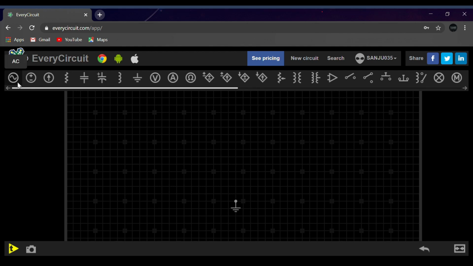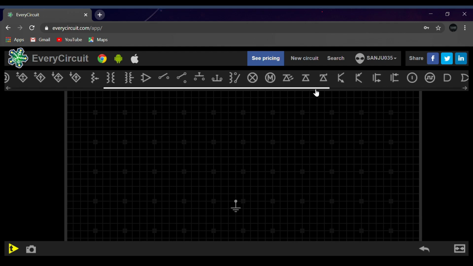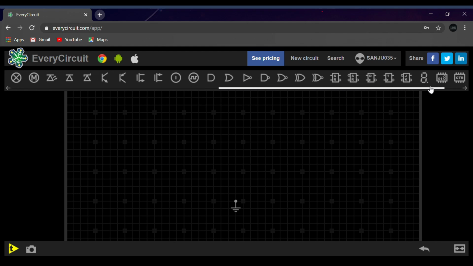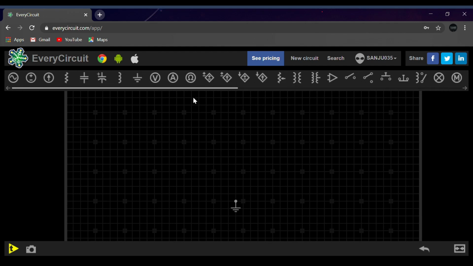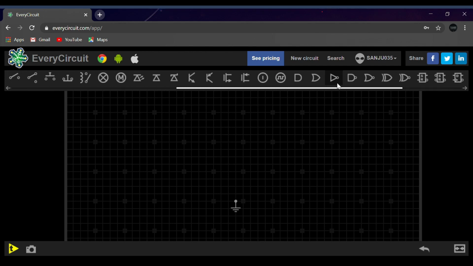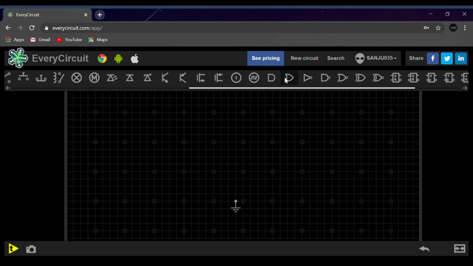We have different types of components to perform our calculations, and let us go through some of them. We have an AC input signal, a voltage source, the current source, a resistor, a capacitor, and it goes on. We can even find logic gates also.